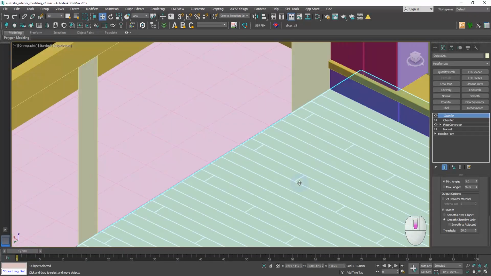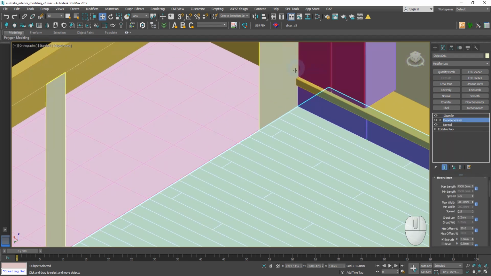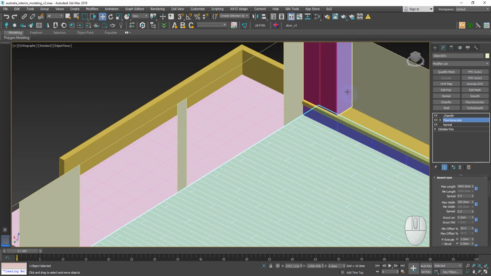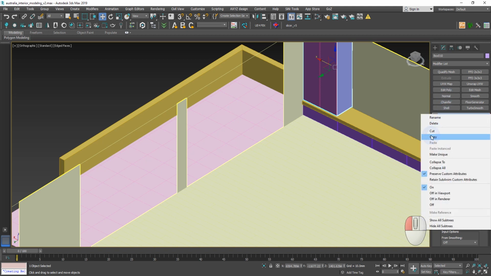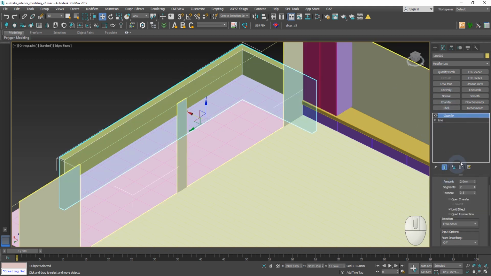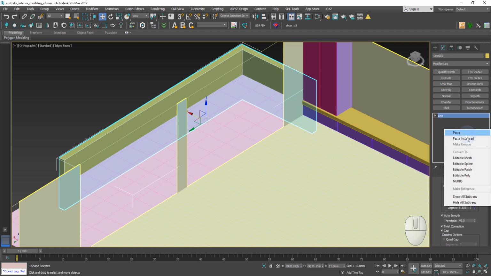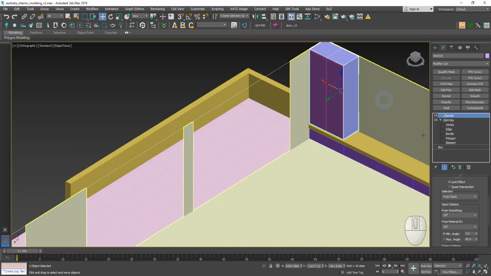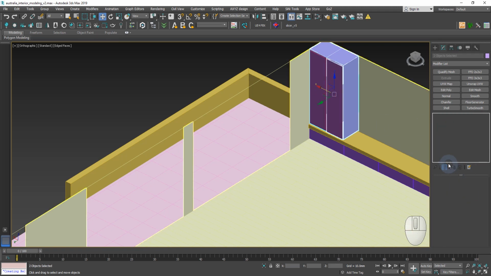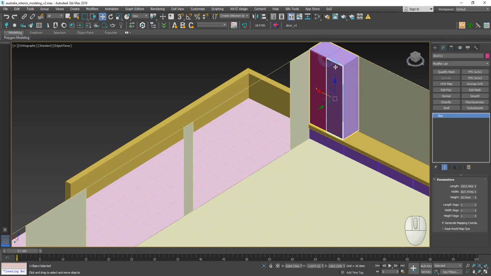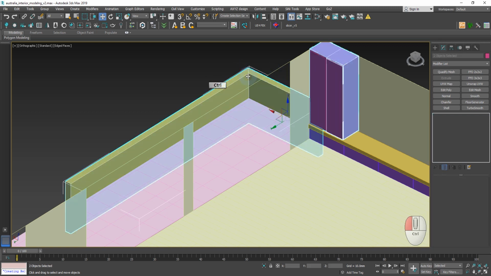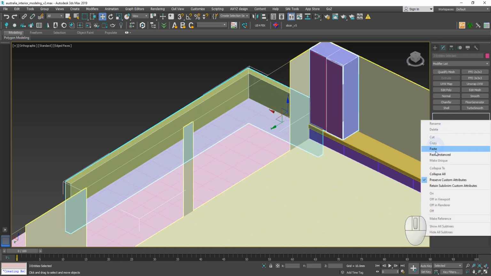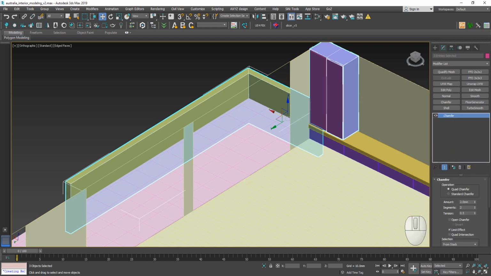There already was a chamfer on this object, by the way, so we delete it from here, because we have the common one. You can also copy a chamfer, for example. Let's delete it now, and then right-click and paste instanced. The same thing you can do with several objects at once, by selecting them and pressing Paste Instanced.